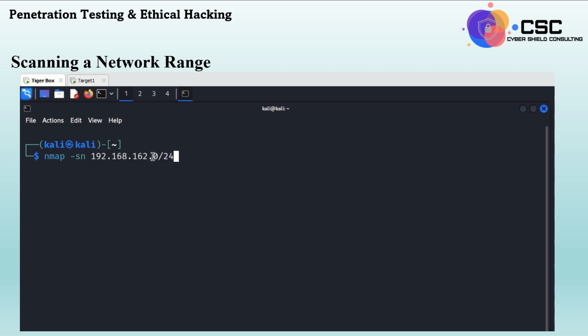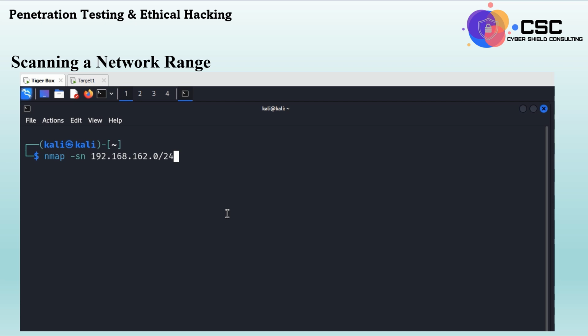So this will scan the network 192.168.162 for any hosts which are alive on the network. So this will be my potential targets. The -sn in this scenario disables port scanning, only detects live hosts, so it will not do port scanning. If you want to scan the network and at the same time do port scanning, then you don't have to include the -sn. But to speed up the process, I'll just add the -sn, so I will disable the port scanning so I can only detect the live hosts. And this will scan the entire network,